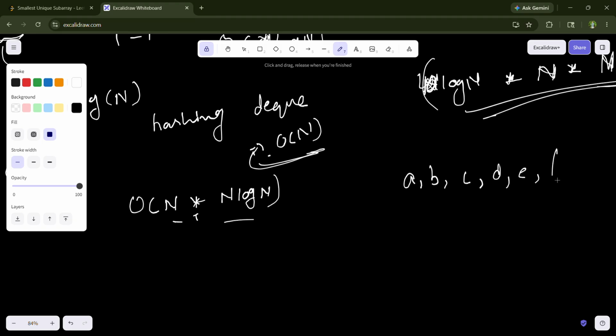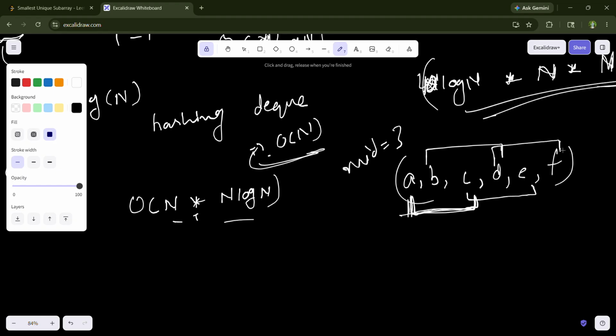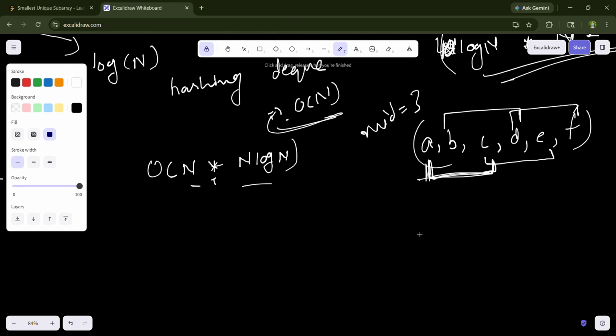Let's say we have A, B, C, D, F, and mid is 3. What we are going to do is find the hash of these 3 values, then these 3 values, then these 3, these 3. And after that, each hash will be different. Each hash can be stored in an unordered map